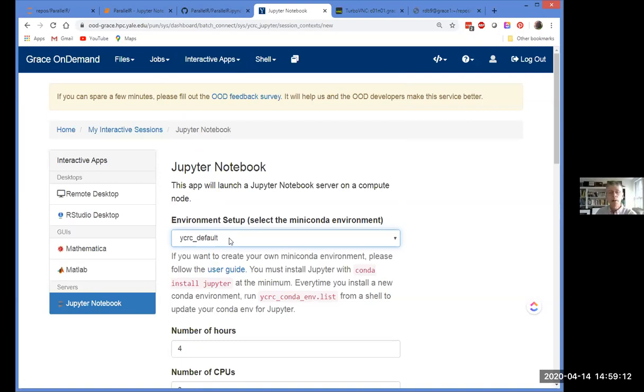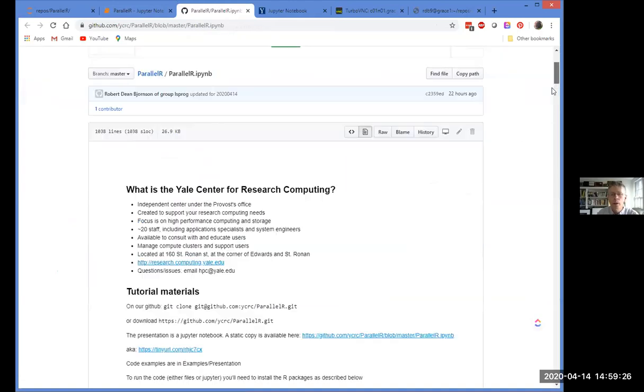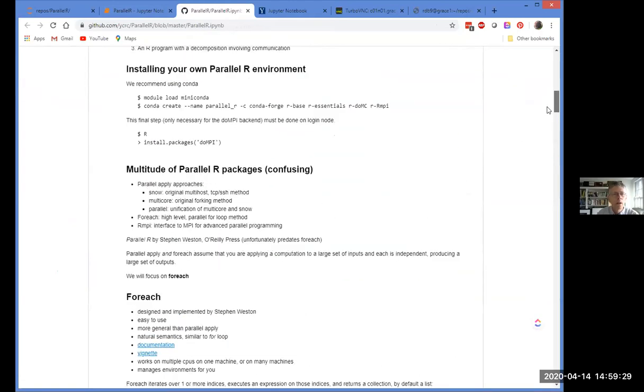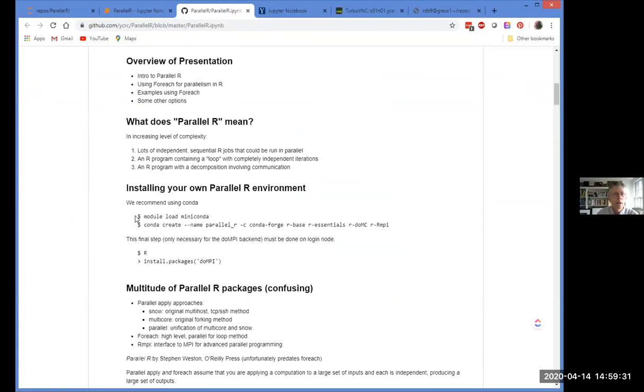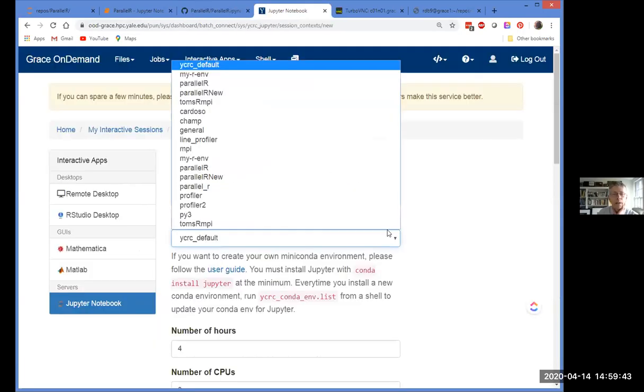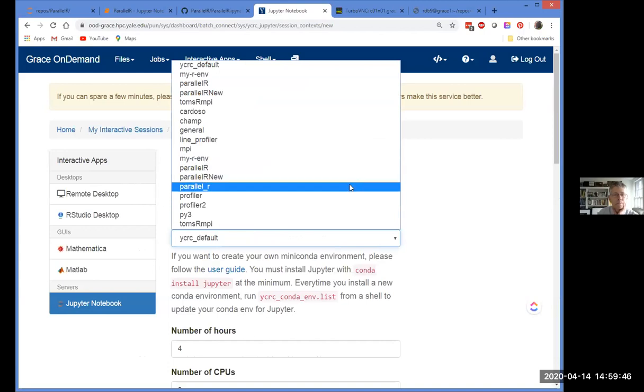Okay? So what I did was, outside of all this, in the normal way that I showed you in the presentation, I created a Conda environment that had everything I needed in it. I did this stuff here, and that created in my environment a new Conda environment called Parallel R. Having done that, it's going to show up in this pull-down.